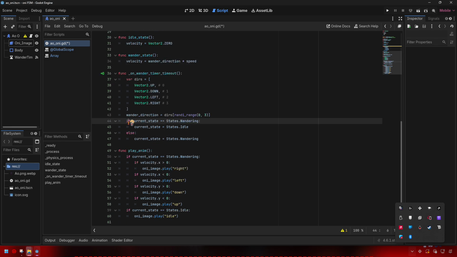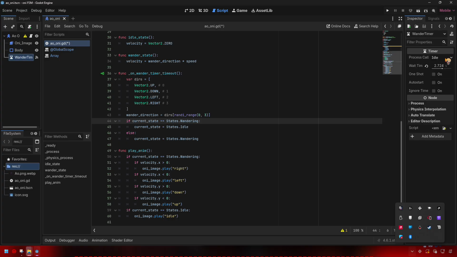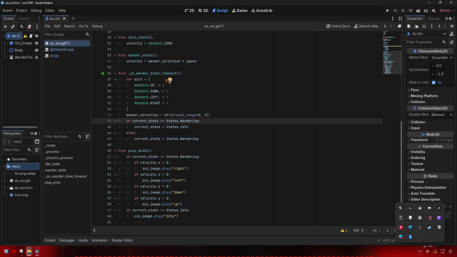And then this is just to change the state. So if the current state is wandering, then we're going to make the current state idle when this timer times out. So what happens is, every time this timer goes off, it picks a random direction. And then that random direction is the way the monster will go. And after that random direction is picked and the monster goes in that direction, it changes its state to idle,